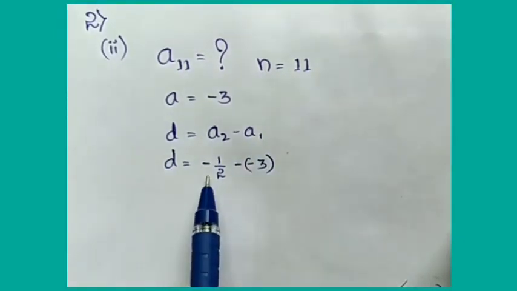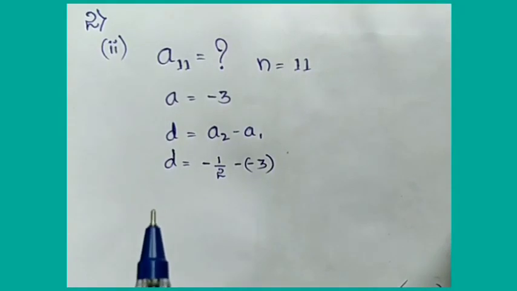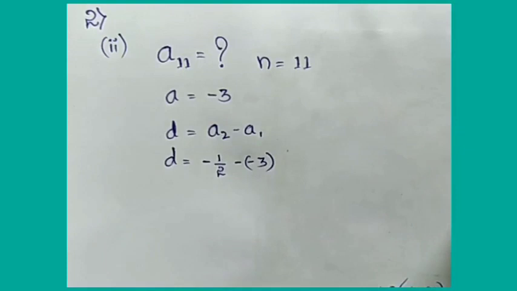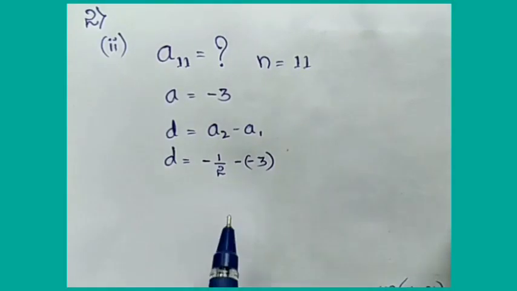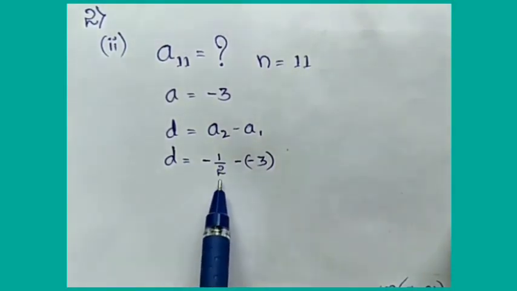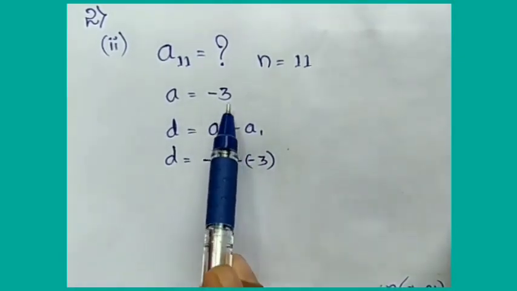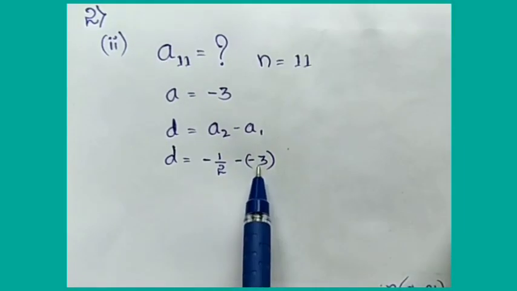Okay, A2 is in minus. Obviously sometimes you will get minus answers also. So for the first question you will get a minus answer only. Don't panic or fear to get minus problems. Few of you, if it comes in minus, put it in positive. Don't do like that. If it comes in negative, keep it in negative only. So now A2 is minus 1 by 2. Here minus is there, I kept minus. A1 is what? A1 is minus 3. So minus of minus 3 we have to write.